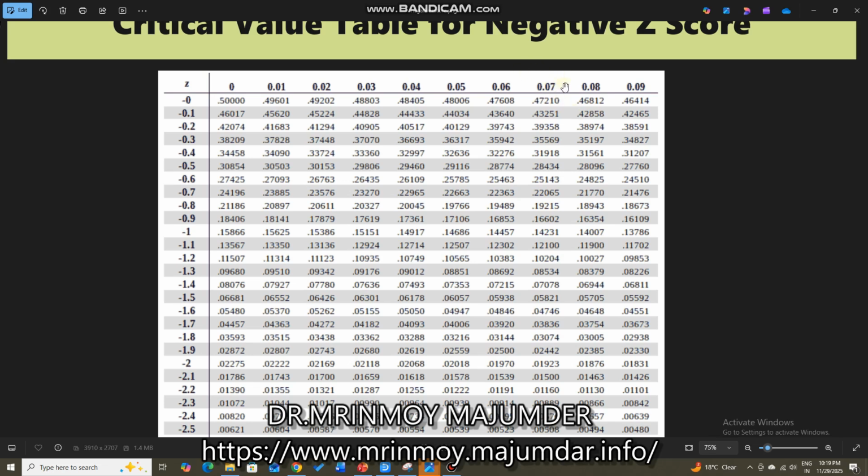So what will be the result? Your calculated Z score for your data must be more negative than the negative value of Z. In our case, it is a negative value of Z. So the critical value of Z is, you see, 0.07, sorry, minus 0